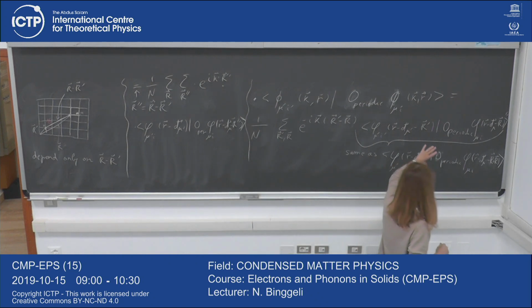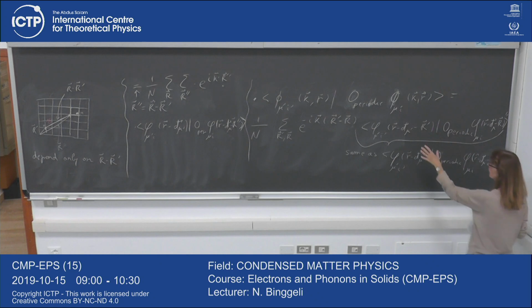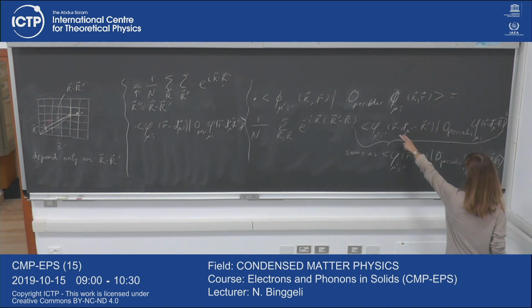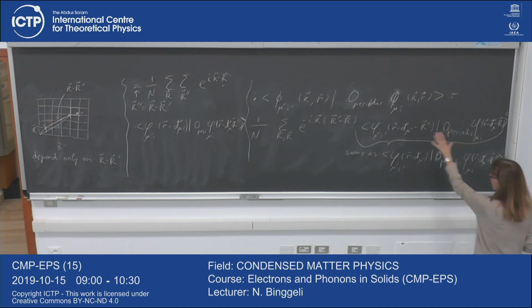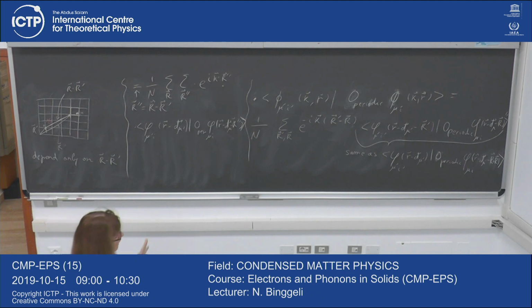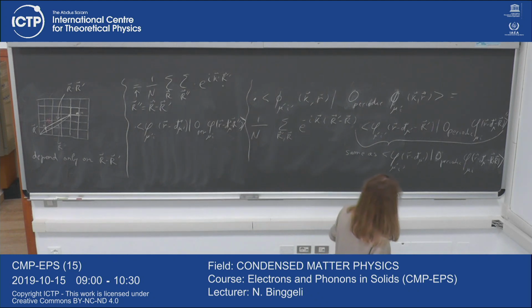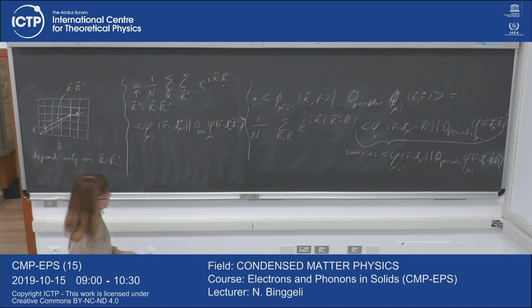I guess you can just look at the metric element. You have something periodic here. If you change variable and use r minus r prime as r, small r prime, you just change variable. You don't have any change because of the invariance with translation of the periodic operator, and you just imagine you integrate over whole space. It's the same with periodic boundary condition on the wave function when one integrates on a piece of crystal, and this matrix element, the integration is exactly the same as the translated